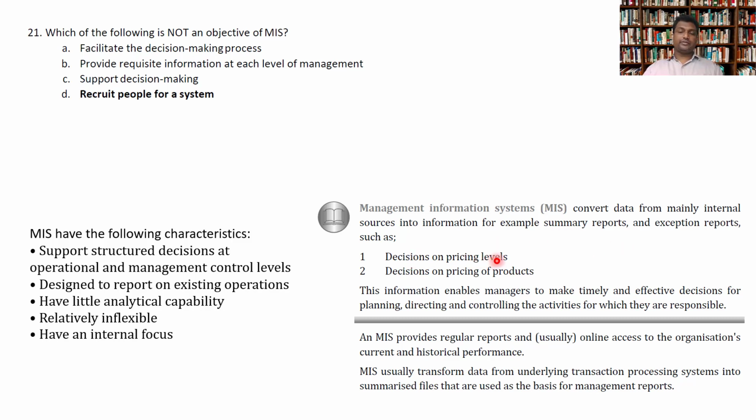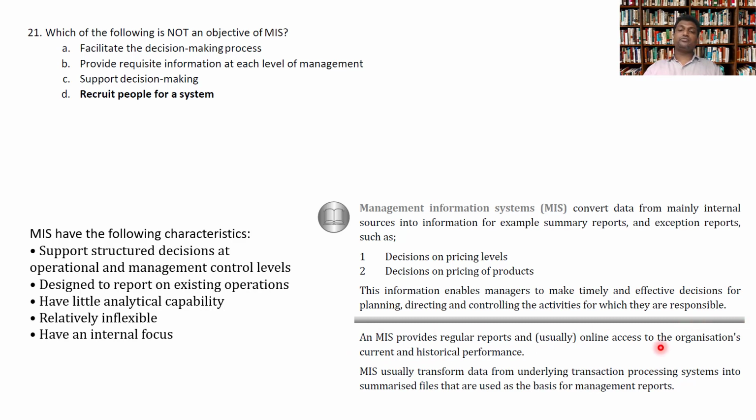So these reports can be, for example, pricing levels, pricing of products; different reports can be created. So this information enables managers to make timely and effective decisions for planning, directing and controlling the activities for which they are responsible. And it also says MIS provides regular reports and gives online access to the organization's current and historical performance. So the organization's performance can be accessed via an MIS, where online you can see all the reports of